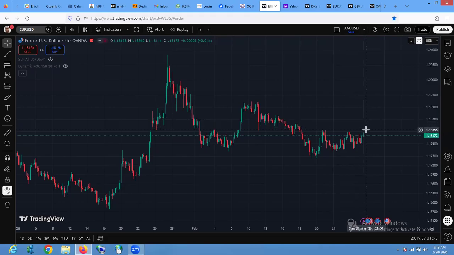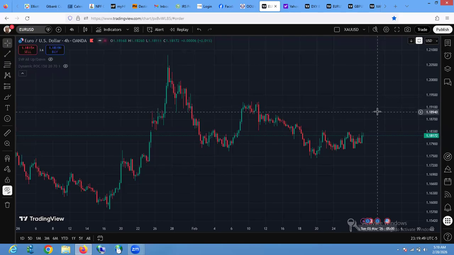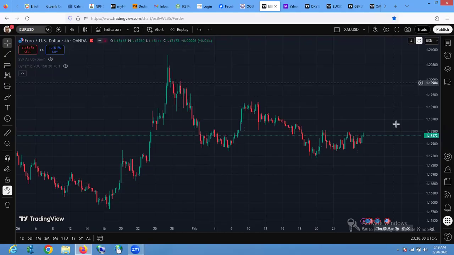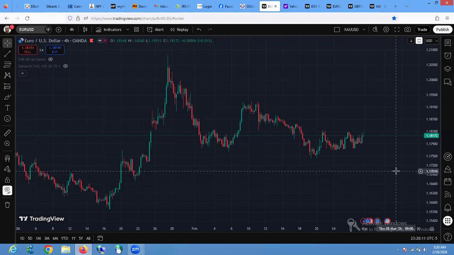If it breaks up here, we'll be looking for a short buy to finish this leg to the upside. And from here, either at the break of this structure or before, at this level of resistance, I might be looking for a C wave, something like this to the downside. But for now, it's rather for me to sit and do nothing and try to look for a trade around this zone to sell. And after that sell, we should be looking for a push up.